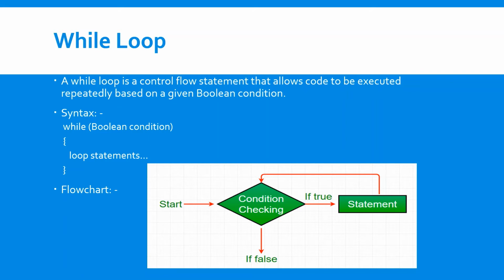Once the condition is evaluated to true, the statements in the loop body are executed. Normally, the statements contain an update value for the variable being processed for the next iteration. When the condition becomes false, the loop terminates, which marks the end of its life cycle. In such a way, the while loop works.